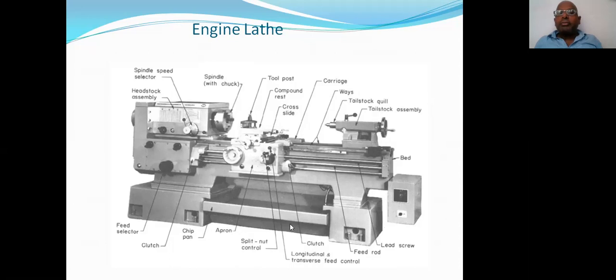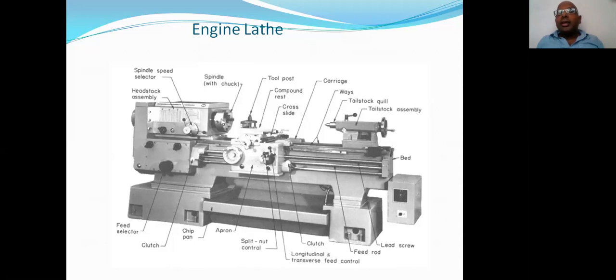Observe the base, how much rigidity it has. And if you observe the headstock assembly, it consists of various mechanisms, such as the spindle speed selector. In the earlier one, in order to change the speed, the position of the belt had to be changed from one pulley to another size pulley. But here it is not at all required. Simply by operating this lever, the required speed is provided. So this is the live center or rotating center.